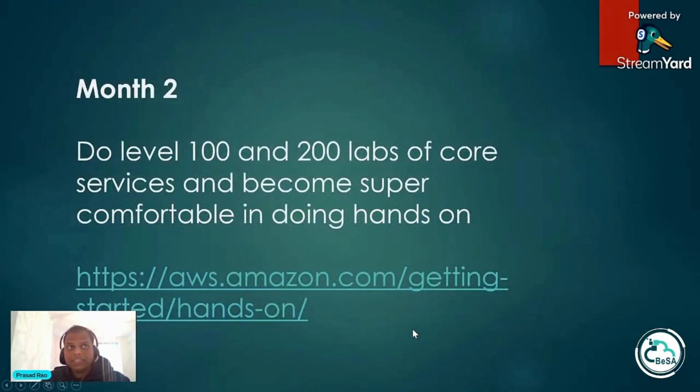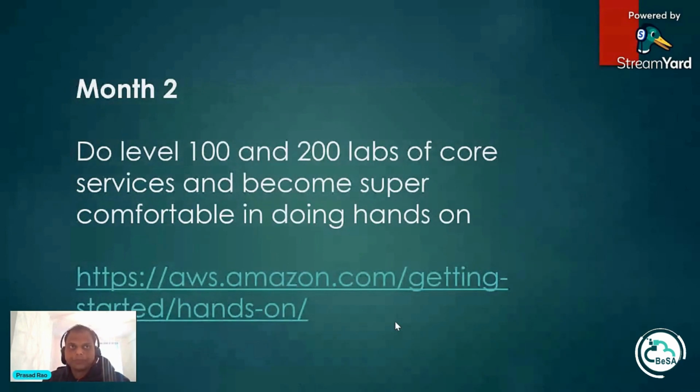Second month, do a lot of hands-on work, and this is where you should become really comfortable using the AWS Management Console and start using the AWS CLI. And if you would like to stretch yourself, start doing automation, and so on. The link that I have provided here is AWS Getting Started hands-on labs. All the things that Ashish is talking about, the core services, whether it is storage, compute, networking, or security like IAM, do hands-on on those, and you'll be able to find the labs. There are multiple other resources where you can find labs, but this will be a good starting point for you.